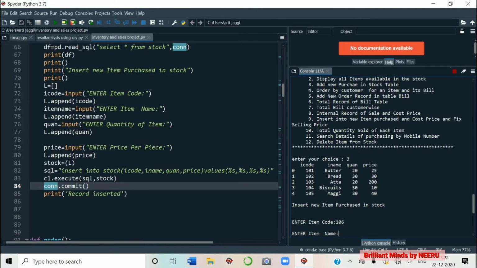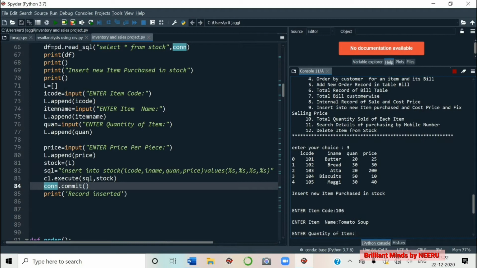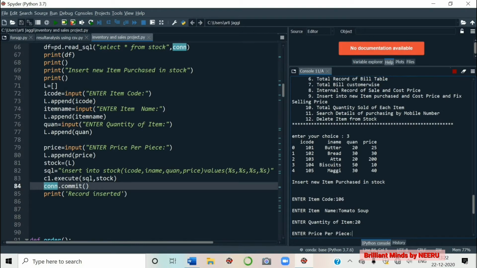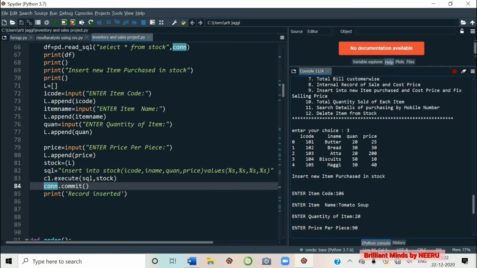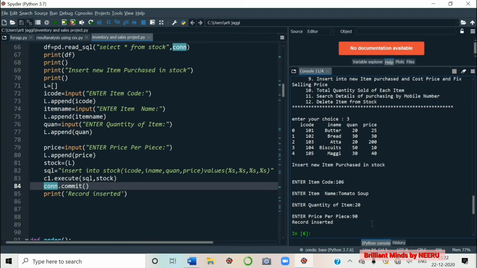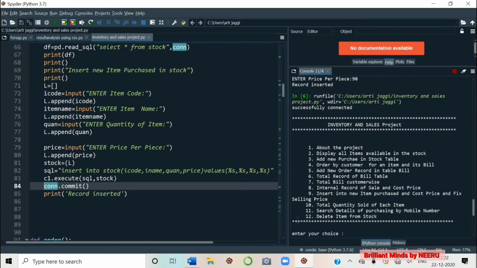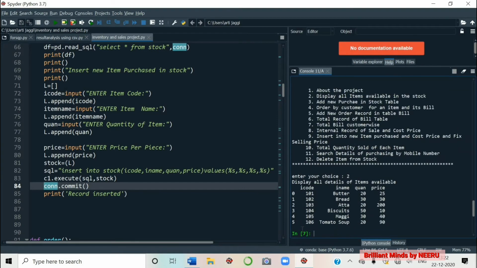Same values, 106, tomato soup. Quantity, suppose I take 20 and the price is 90. Record inserted. Now I'm going to run number 2 again, to see whether it is inserted or not, committed or not. See here, the last record has been inserted: 106, tomato soup, 20 and 90.